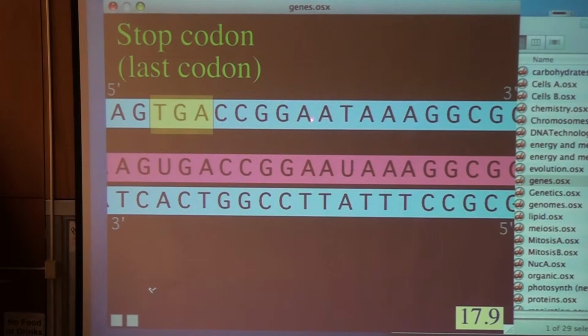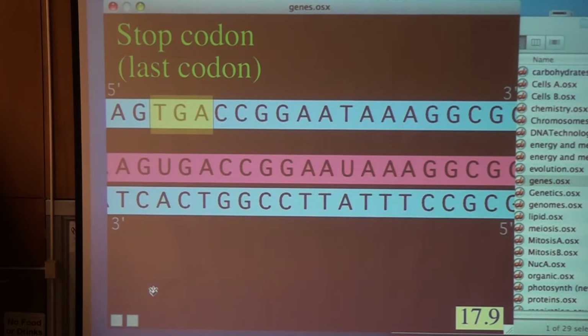In eukaryotes, in the non-template strand of the gene, there's a sequence AATAAA, which notice is a little bit downstream of the last codon, of the stop codon. And that's called the polyA signal. When the template strand gets transcribed, that's going to end up now written in RNA language, AAUAAA, but it's essentially the same sequence. And that poly-A signal, that AAUAAA, is going to serve as a site where an enzyme in the